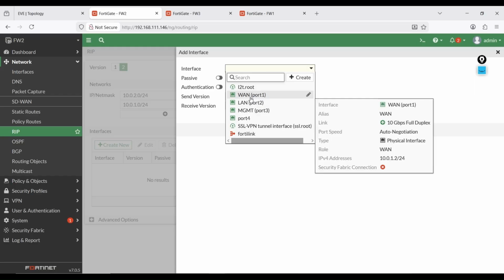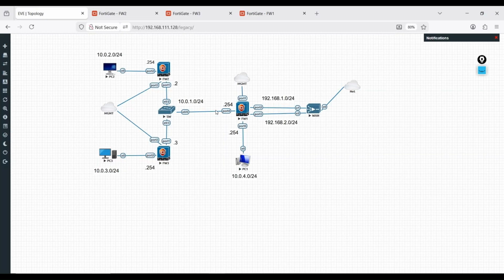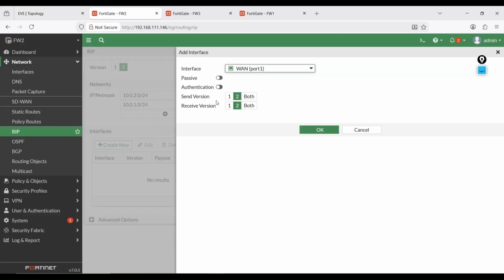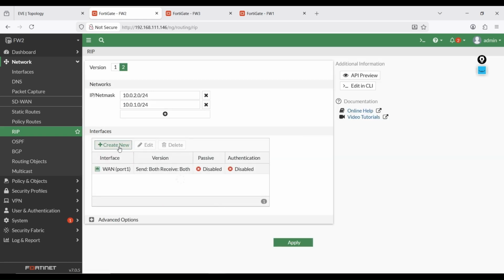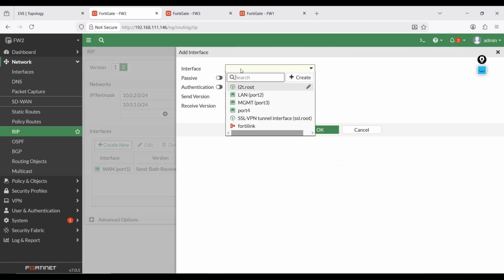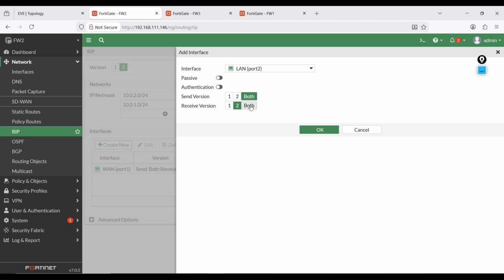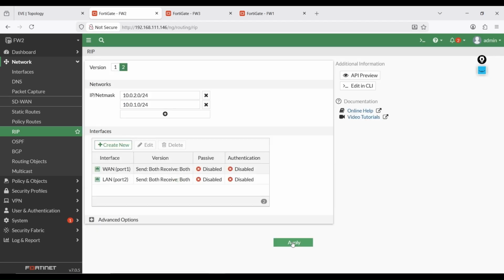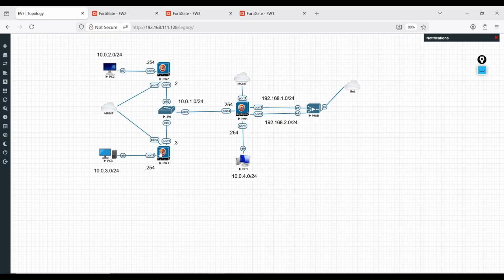I just named it WAN because it's an internet-facing interface. Here port 1. You can give whatever name you want. So port 1 and port 2 we need to put on the interfaces here. Port 1, select both, OK, and create new, again port 2, both, and hit OK. That's it. Click apply.